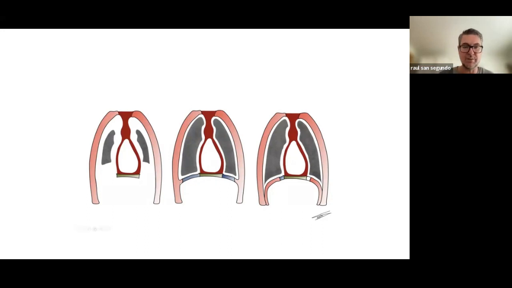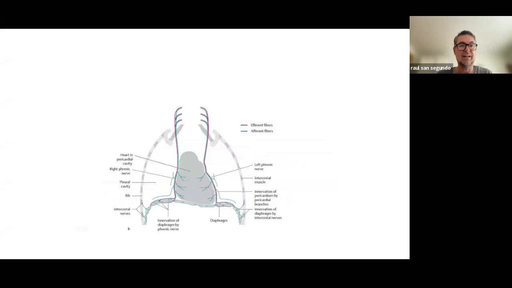You've got here something very important that connects everything. You've got some books that Stecco wrote, that the phrenic nerve connects the cervical regions, the C3, C4, C5 region,